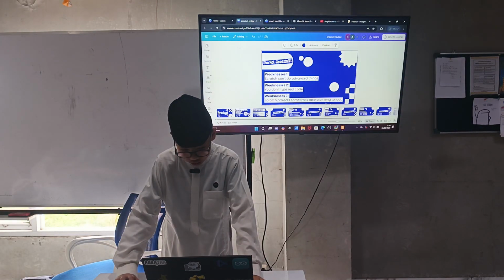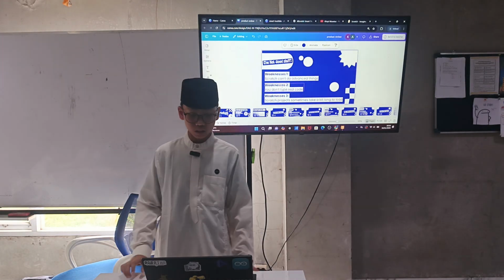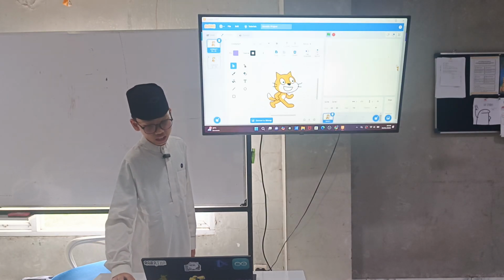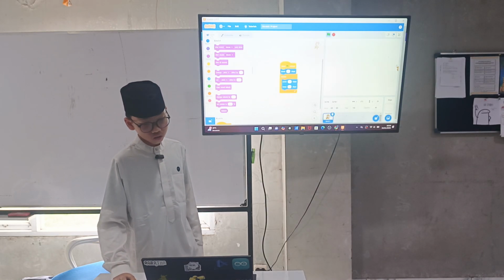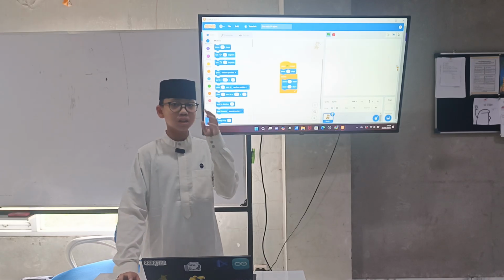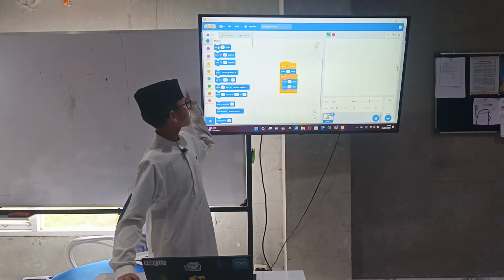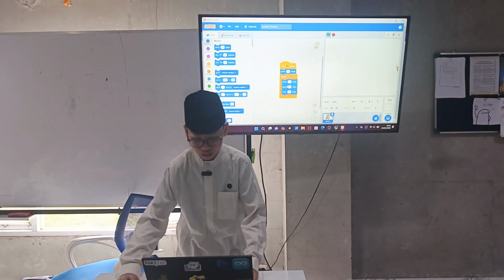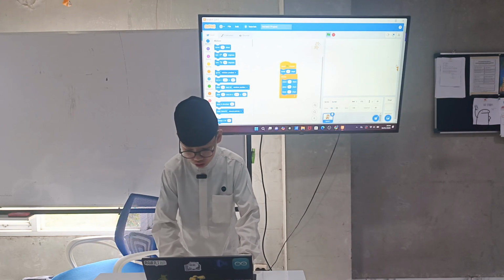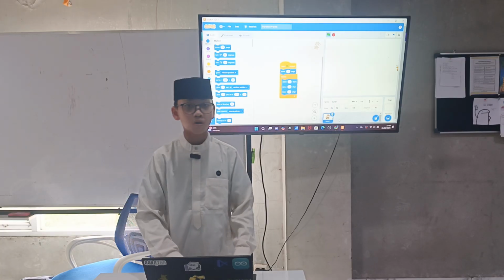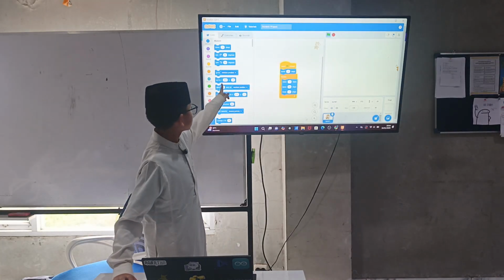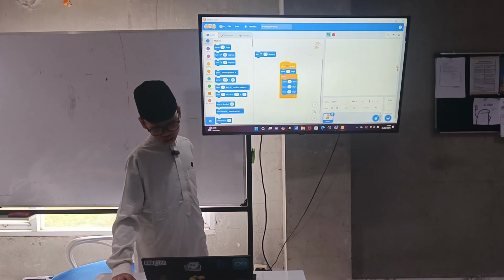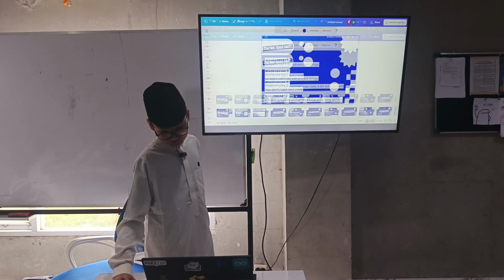Next, the next weakness of this app is you don't type real code. Just like I said before, in this app we didn't code. We didn't really actually code, all we need to do is drag and drop some blocks like this. So we cannot type real code, like typing codes on your keyboard. No. All we need to do is drag and drop the blocks only like this. Cannot really type in this app. And the